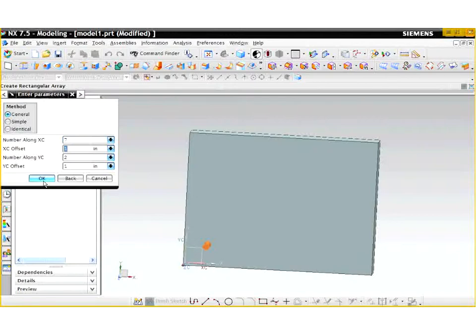What's the space in between the center point of each one of these? I'm going to say 1 inch between each one of these. And the number in the y-axis, I'm going to say, let's have 5 going up and down in this direction. So we'll have 5 going up and down this direction, 7 going in this direction, and the offset between each